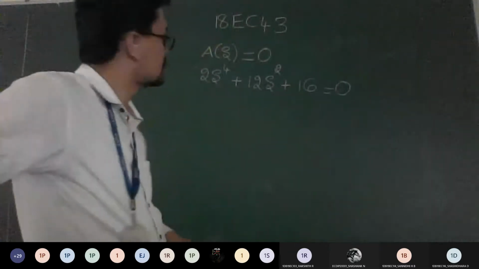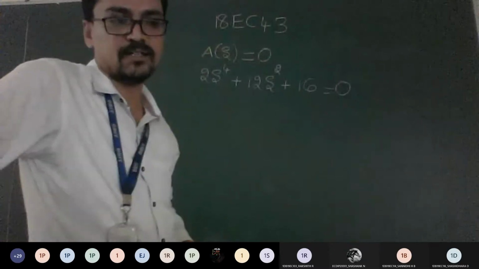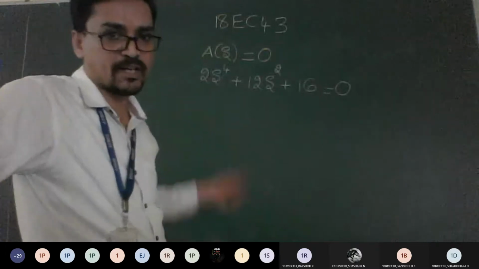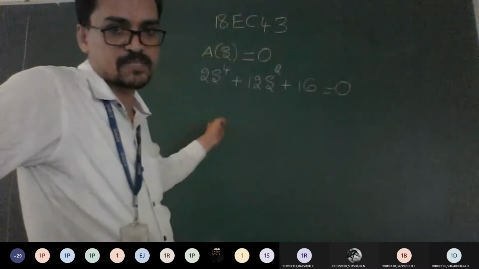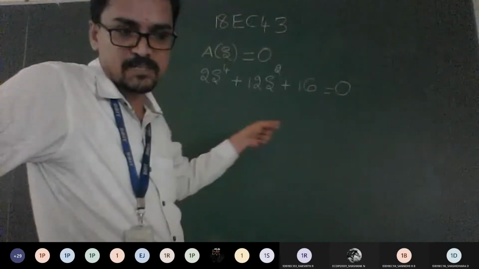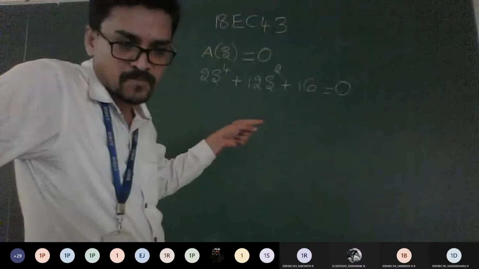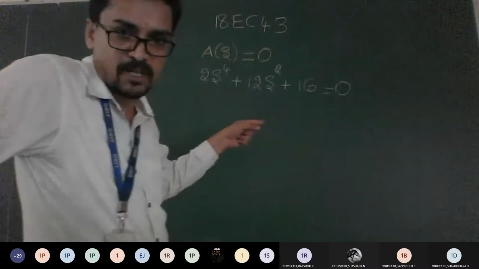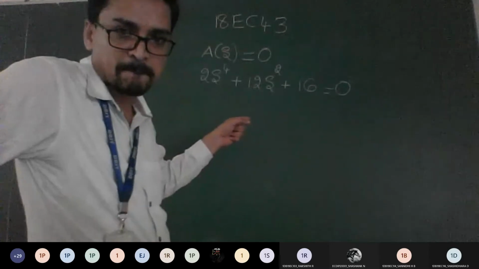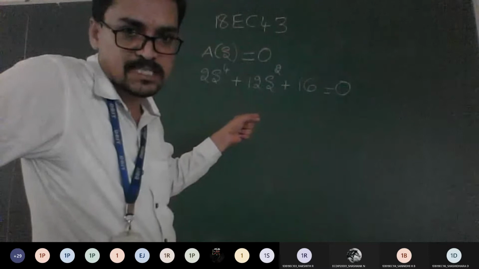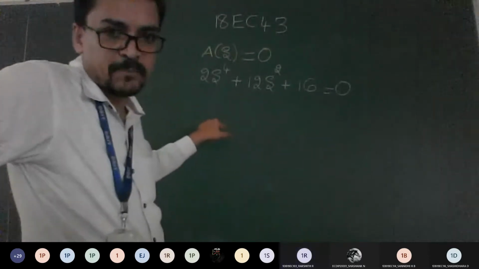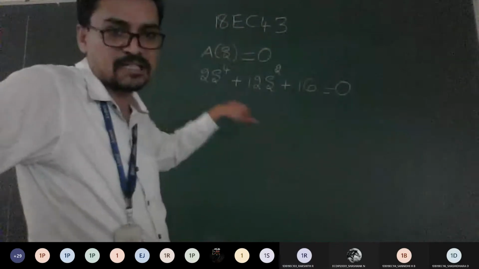It's like a quadratic equation, so we need to get a quadratic factor. For that we will try to simplify it in a quadratic equation manner. If you want to get a quadratic equation, you should have the form a x square plus b x plus c equal to 0. I hope you remember the quadratic equation, guys. Do you remember the formula? We used to write x equals minus b plus or minus root of b square minus 4ac divided by 2a. Do you remember? Quadratic equation, yes or no? Yes, sir.